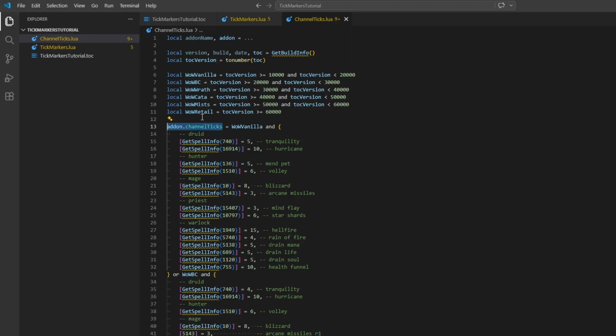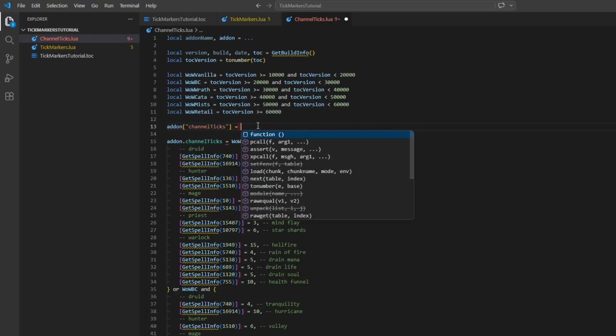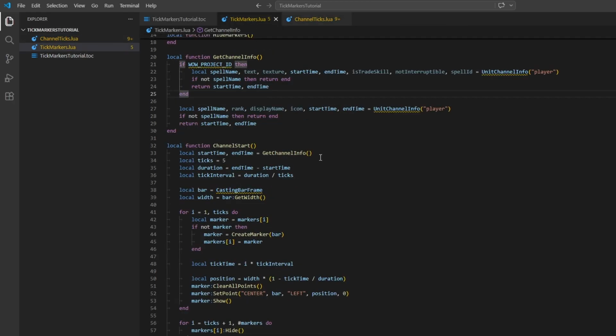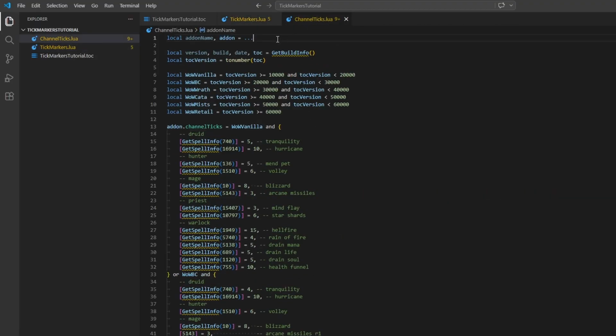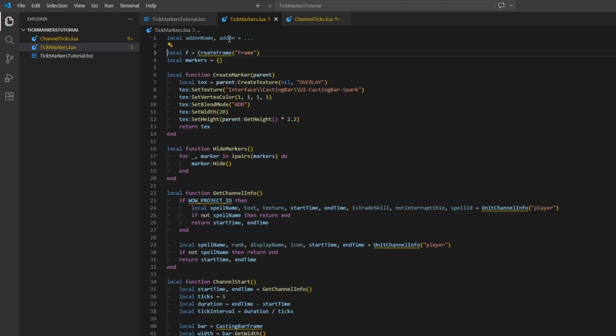And accessing a variable like this, by the way, is exactly the same thing as accessing it like this. This is basically just syntactic sugar for indexing into the table with the channel ticks key, and then either getting or assigning any value you want to it. Okay, so with that out of the way, we can go back to our tick markers file. Let's add the same line at the top of the file so that we can access the channel ticks table